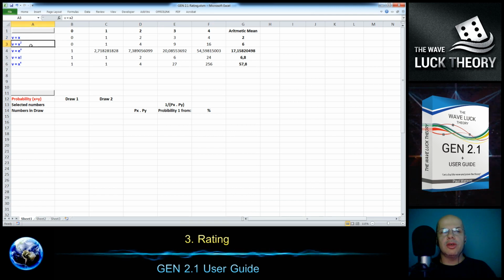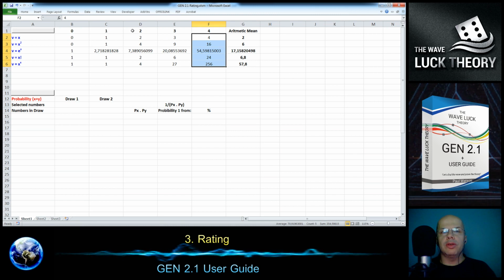Then there is a rating by square, x on 2, exponential, factorial from x, and x powered by x, and each rating method is giving a different value to the number of hits. As you see, if we have 3 hits, now the first method has 3 and the last has 27 and more. We can continue here just to make it more